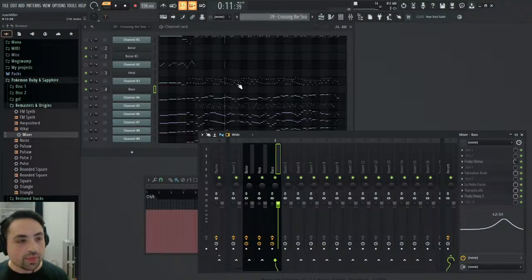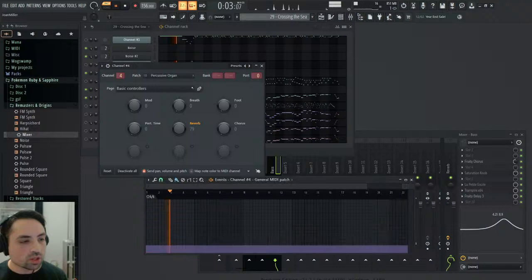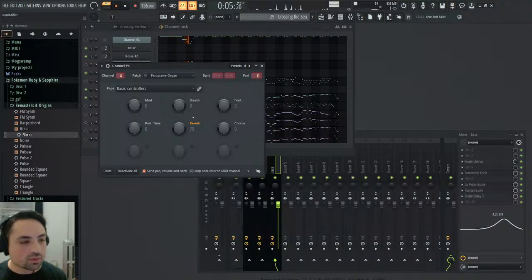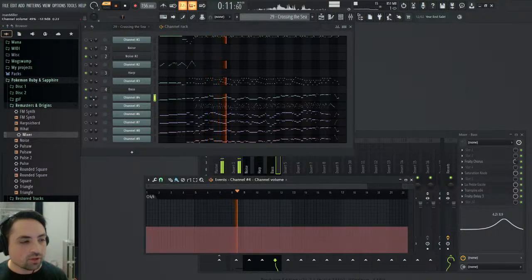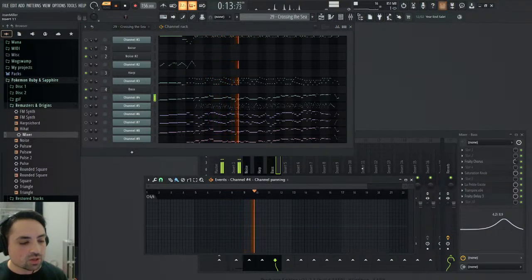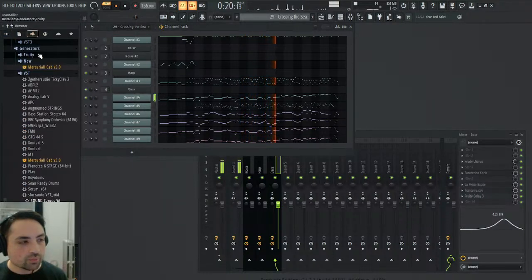Okay, so we've got that, and now let's check out the next channel. So this is an organ. Is it always an organ? Yes, it is. It has no vibrato, and this volume stays stagnant, and so does the panning, it's always center. So let's go to plugins, Sound Canvas VA,